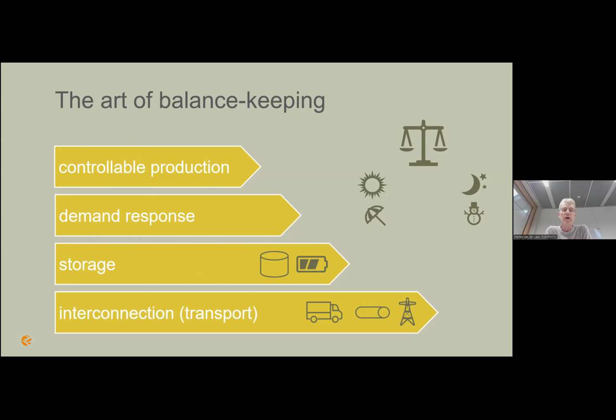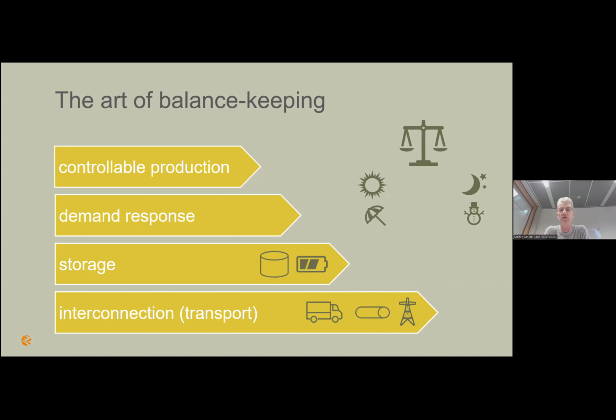production. You have demanding houses, industries, mobility where you can apply demand response. You probably have some kind of local storage which you have to manage, and you have to manage the interconnection with the outside world. And you have to do that on a day-to-day basis. You have to do day-night patterns, but also seasonal patterns. And for that, the digital twins come in.